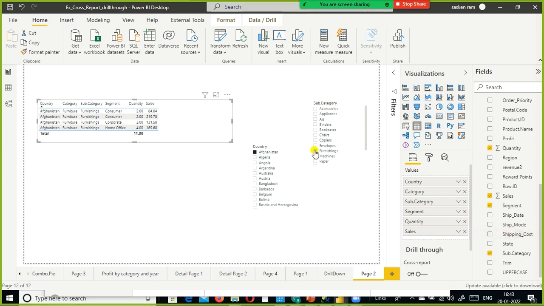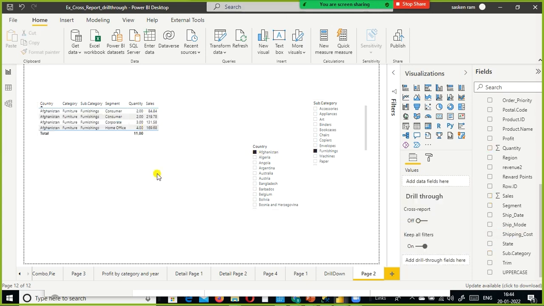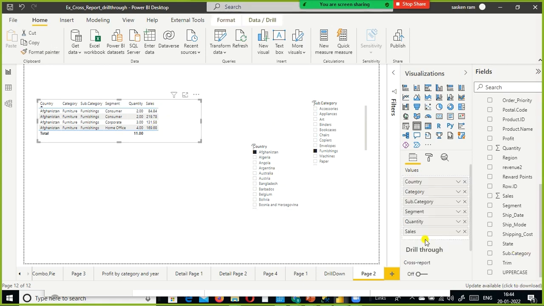Though we spent quite a while to learn this one, this is the one you need to keep in mind, because in real time you'll be working with multiple numerical variables along with the categorical variable. In that case, you might encounter something like this. If you want to summarize, enable summarize for all the numerical variables. If you partially enable some numerical variables as non-summarization and other variables as summarization, it will still show detailed records only. You want to do aggregation, enable aggregation for all the numerical variables, otherwise it will show the